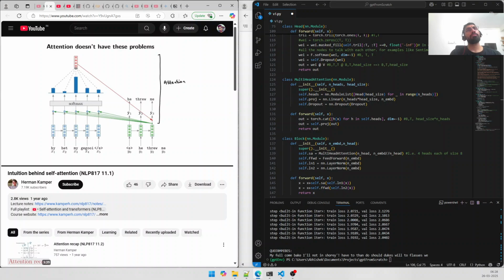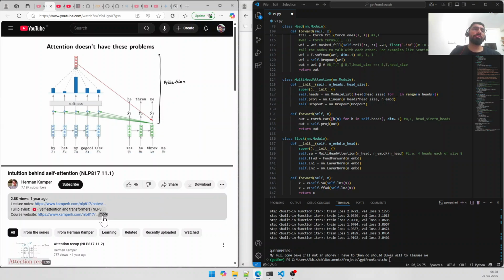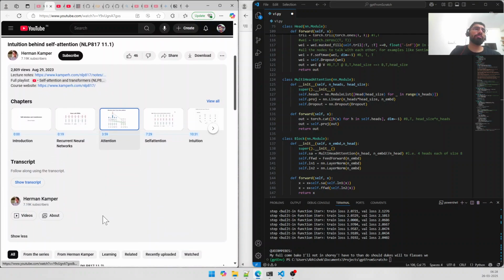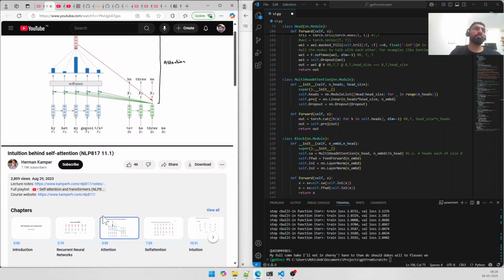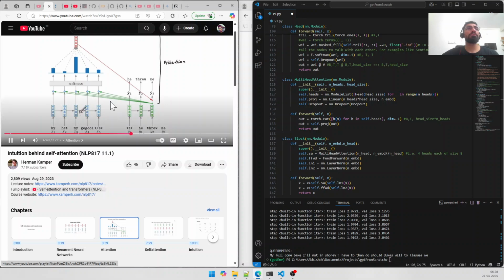The second thing is, if we go through this kind of hypothetical example where I tell you, listen, you've calculated all your keys and values and all your queries already, you have them in place. Then what you could do is actually calculate all of these vectors in parallel. Okay, so how would that work? Well, if I have my query here and I've got my values and keys here,